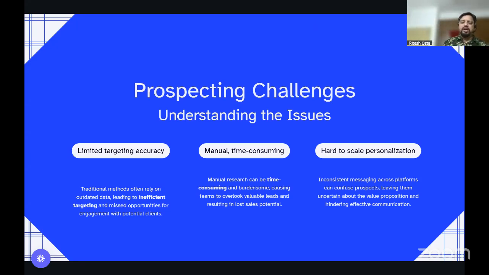And it's hard to scale the personalization. Okay, you have to do a little bit of work in terms of scaling up and creating personalized outreach. So that challenge is there, but I have been working in this field for a very long time. In spite of this challenge, if you want to go ahead and do it, AI is just making things faster and easier. Okay, but you still have to do the work, right?